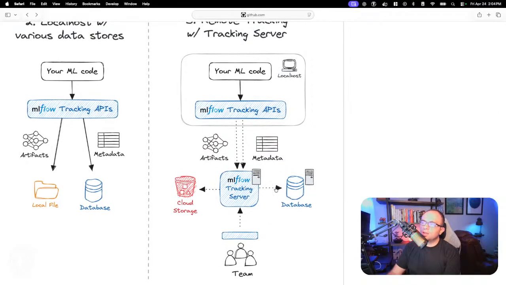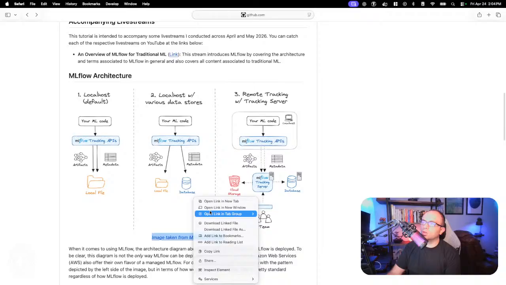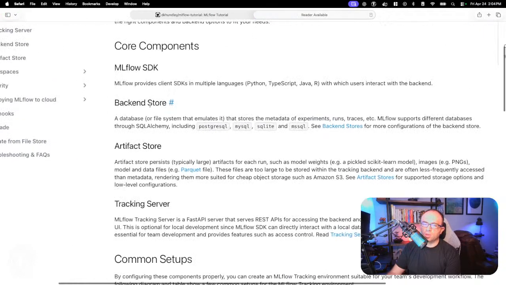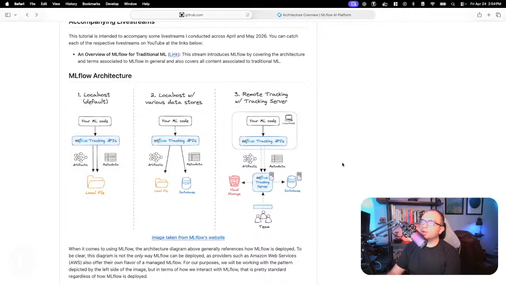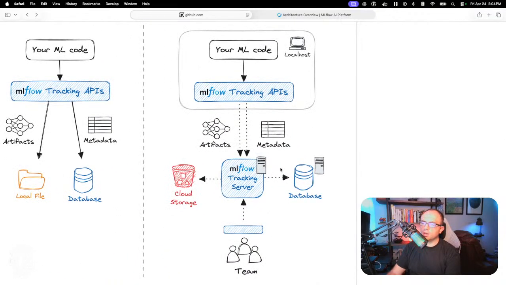So you can see here with the backend that we have kind of three components going on here. And it's kind of confusing to me why they labeled them as such, because they don't necessarily refer to them this way. Here, let me actually go to MLflow's true website here. You can see they actually refer to them by different names, with backend store, artifact store. So I'm going to stick to this nomenclature here, but I'll do what I can to highlight what the correlation is here.